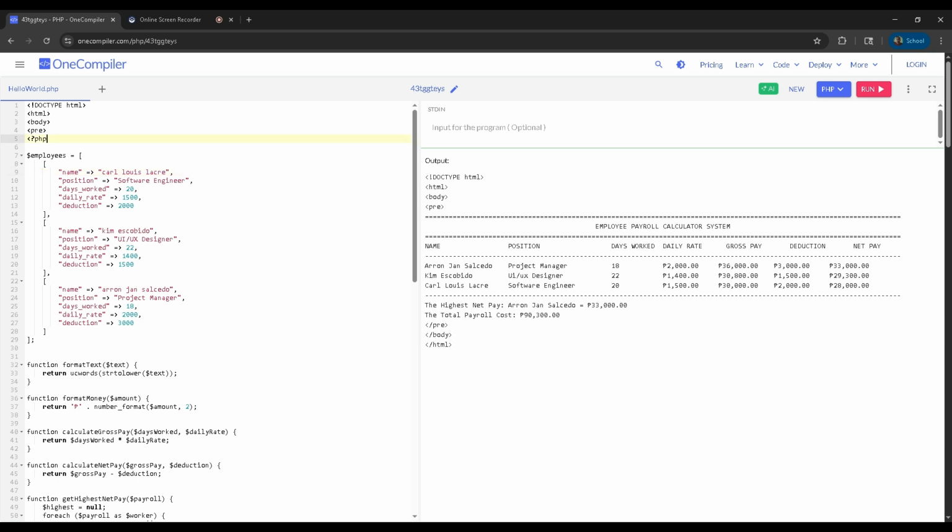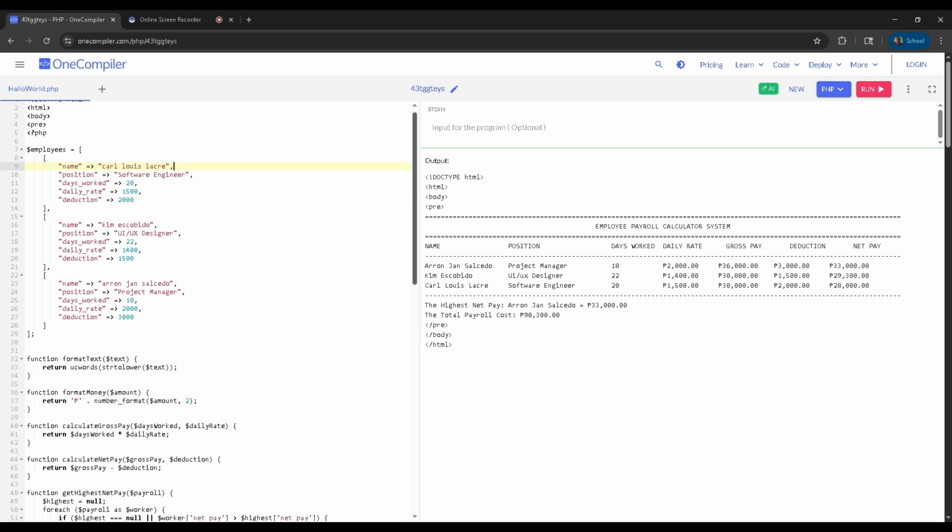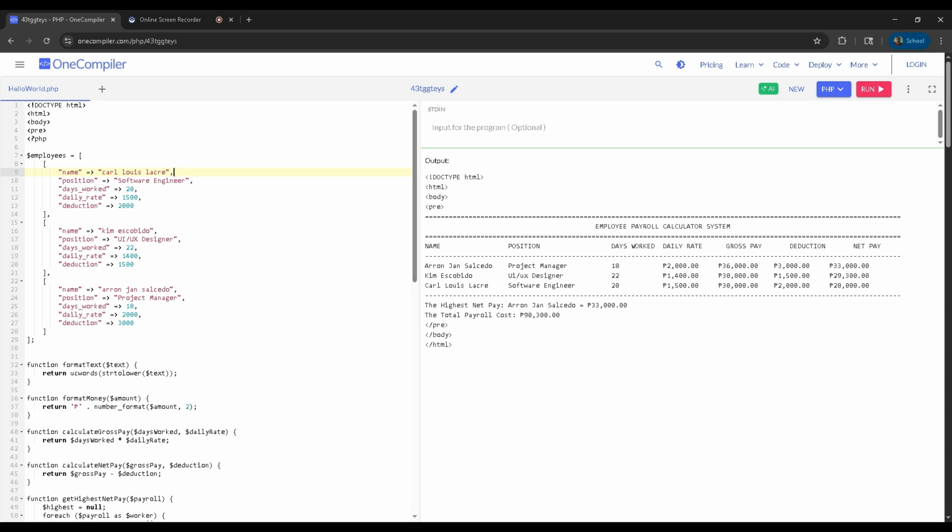So first we have here our array, which is the employees. First we have the name, second name. This is the formula given to us, but I changed the name.